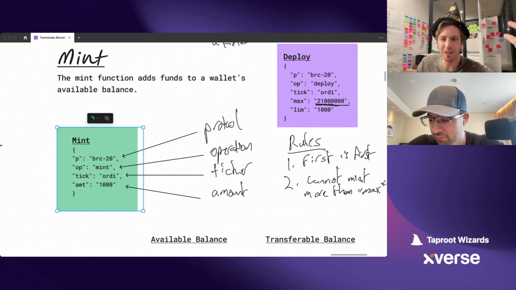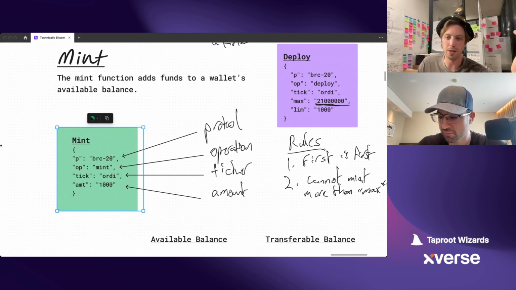What's really cool about this is it creates these fair launches where as soon as the deploy is out there, if you decide, hey, you really want Yan-C coin, pay high fee rates and make sure your inscriptions get into the next block and get confirmed so that you can mint over and over and over again to kind of crank up your balance of the Yan coin.